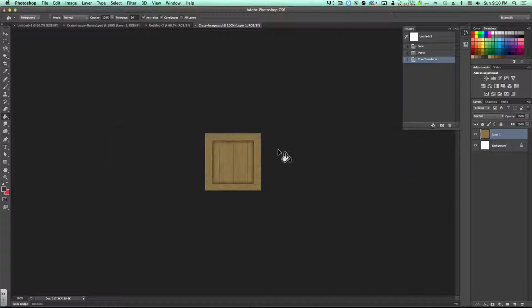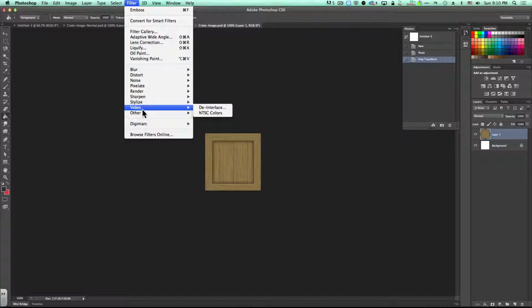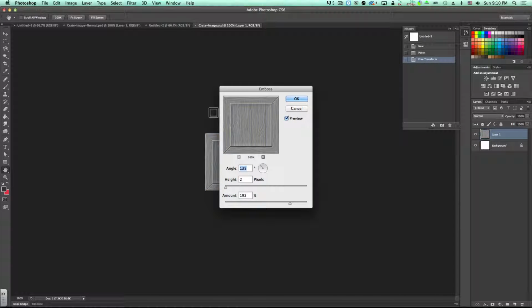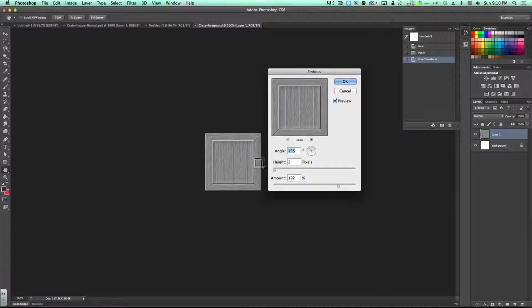So we go back to Photoshop, and one easy way to do this is what I'm going to get you guys to do. Just go to Filter, Stylize, and Emboss. This has already got my nice trial run. Actually, that's even better. I would say that's too much. What you're trying to look for is contrast, basically. Contrast so that parts look higher than others, and so light will bounce off of them differently. One way or another, any of these are going to be fine, so I'm going to click OK